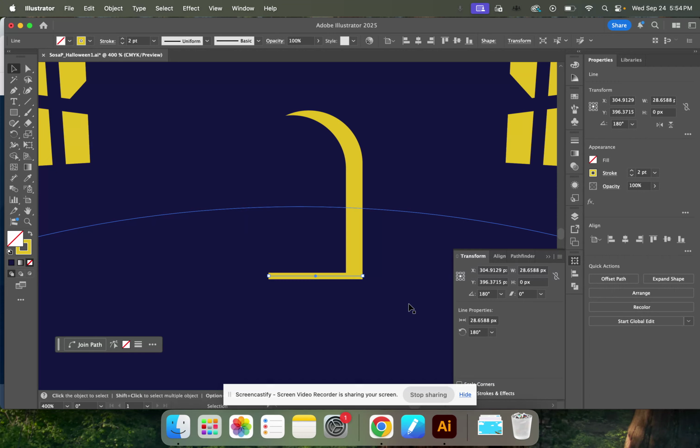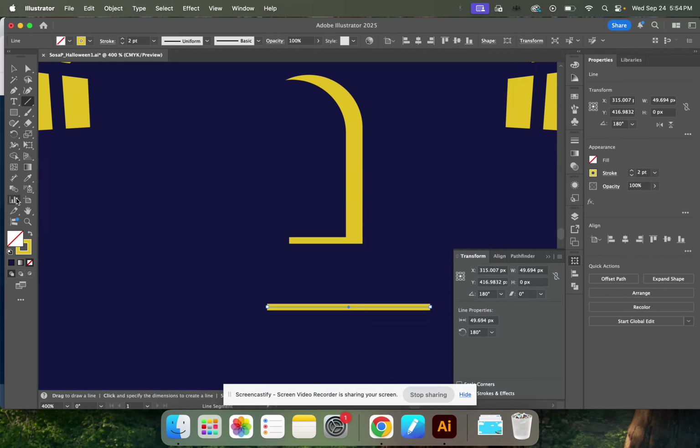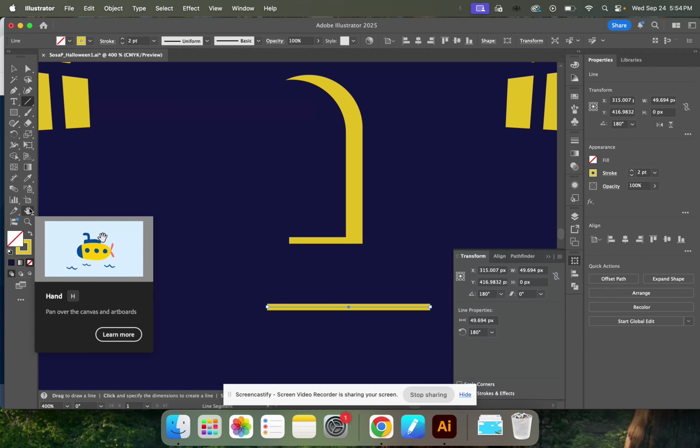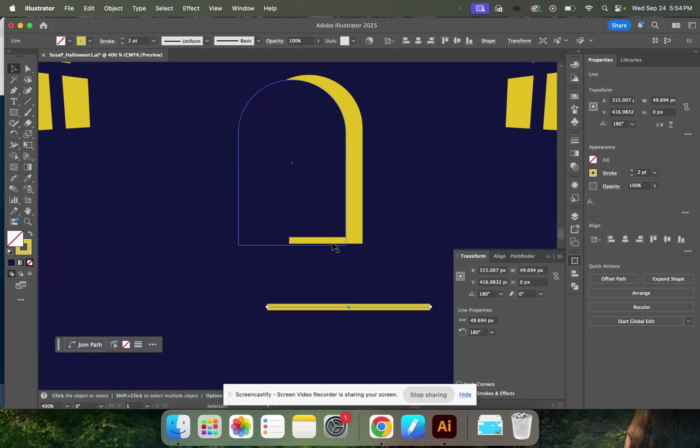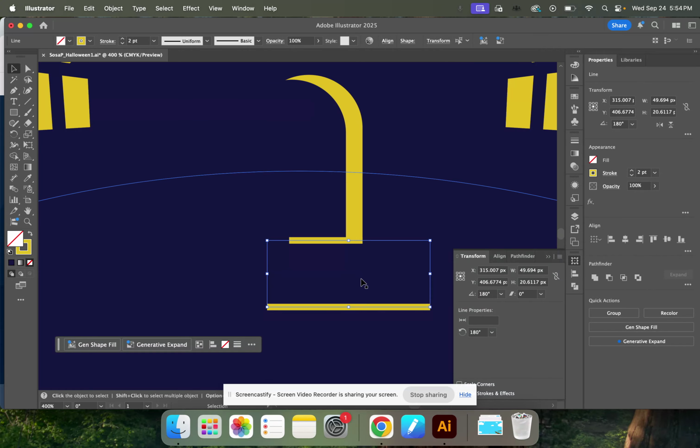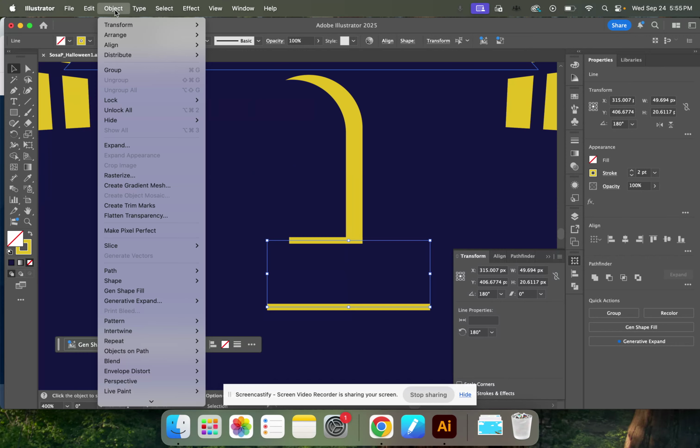And then it wants us to do another line towards the bottom. Ooh, I'm going to do this like that. Grab the line. This one, it wants us to start it somewhere off here. Okay. So these would be the steps. All right, so grab your selection tool next and then click on both of these line segments we just made. So remember, hold down Shift to select multiple items. Then you're going to go to the object menu up at the top,